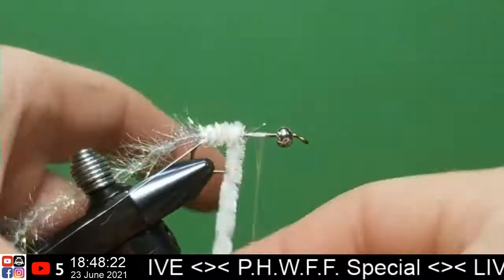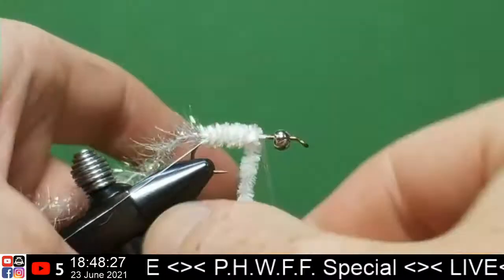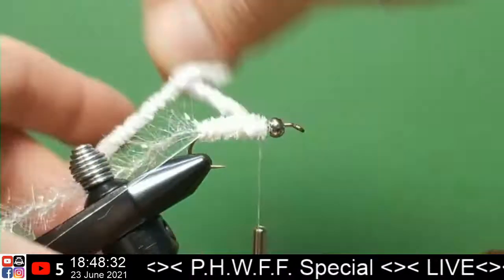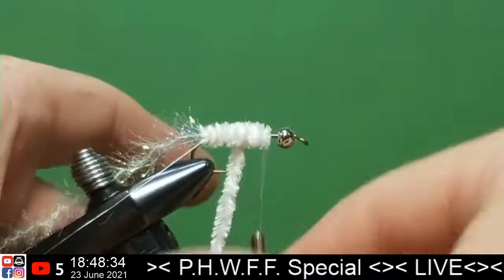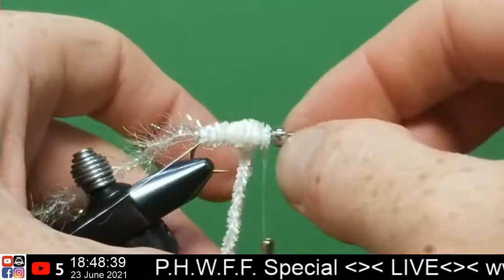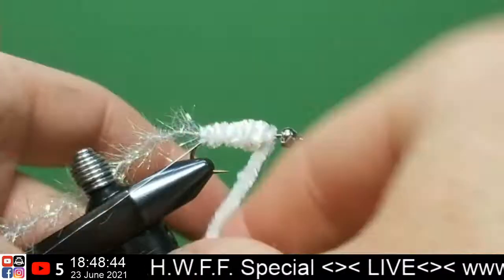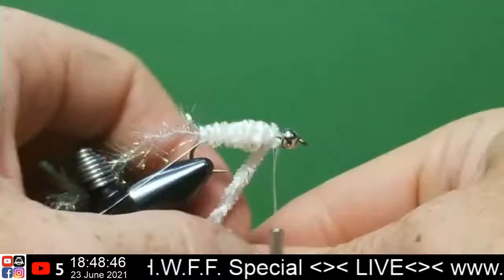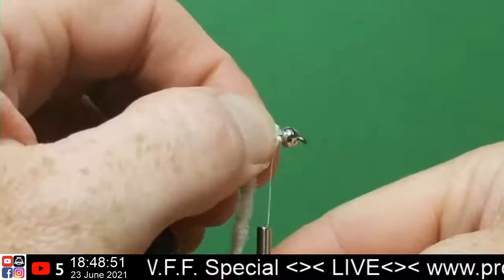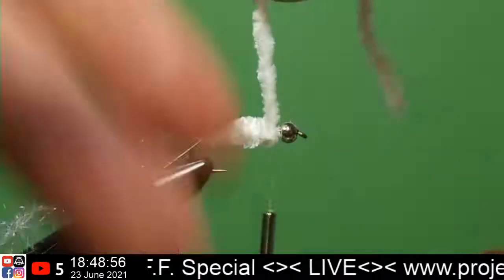And I want to kind of keep my wraps. I might go back and forth about halfway, because I kind of want to give this just a little bit of a bulky belly minnow. I just don't want it looking too scrawny, if you know what I mean. Just keep pushing back on that bead to make sure. I think that'll work. Then we're going to go over that once with the